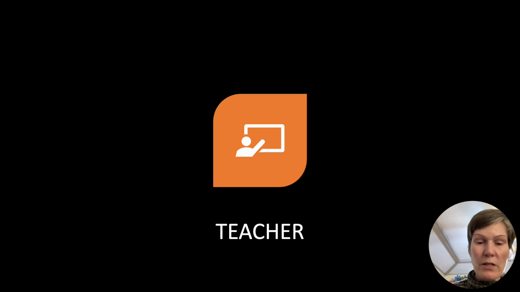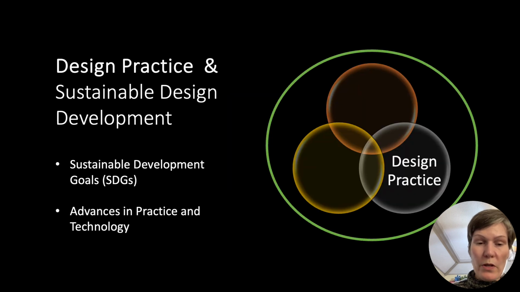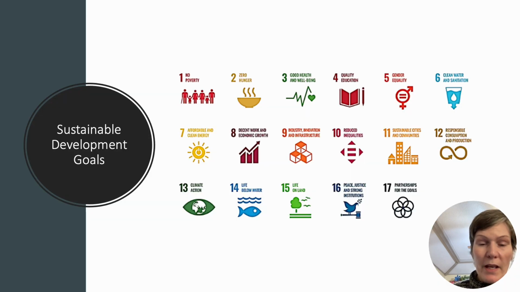And last brings us to the role of the teacher. So in design practice with a focus on sustainable design development, the teacher is delivering information to the students to help them better understand the sustainable development goals and advances in practice and technology. Here we introduce the students to the various sustainable development goals to give them a better understanding of what particular aspects might be most important or relatively valuable for their community members,